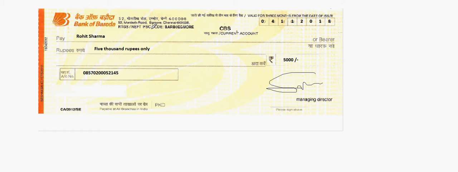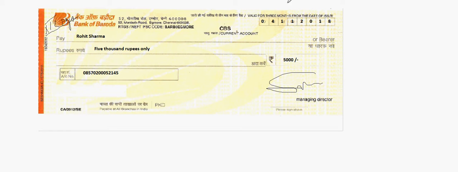Now, after filling up the check of 5,000 rupees, we have to ensure that we provide the account pay crossing at the top of the check. And write here account pay. Now, why is this important? This is important because if we do not write account pay, then anybody will be able to encash our check